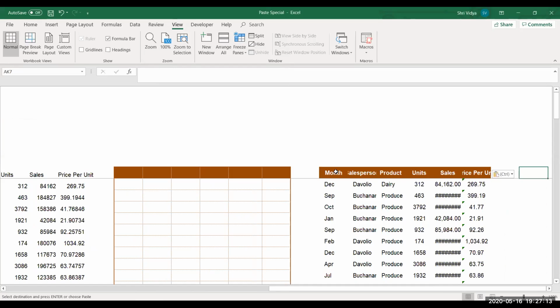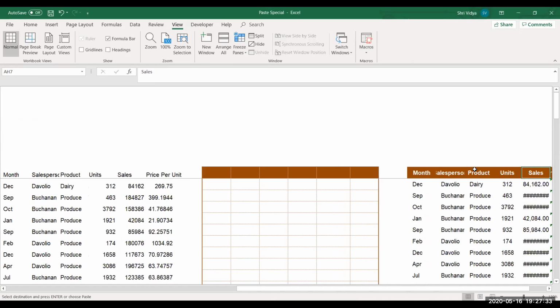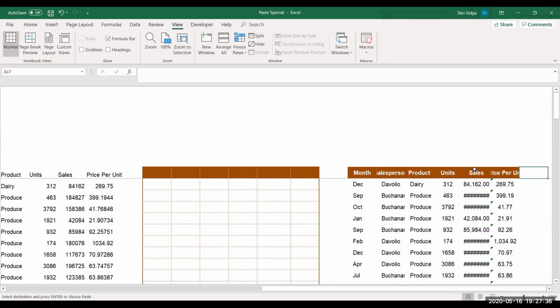But you can see here the column width is not the same as your source. It is more congested. It doesn't occupy the entire data that you have. But you look at your source data. It is well aligned with all the proper spacing, column width, everything. Now I would like to use this column width over here. So a lot of times what happens when you copy and paste the data, the column width will not be passed down. You will have to paste it separately. So most of them go manually adjust the columns. You don't have to do it.